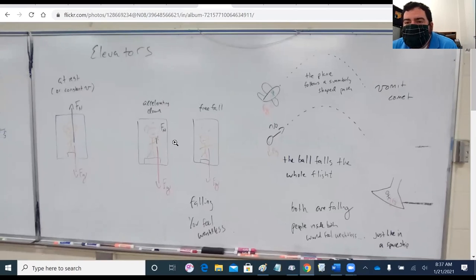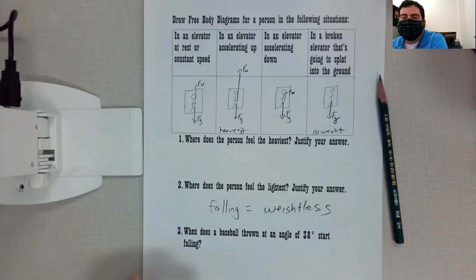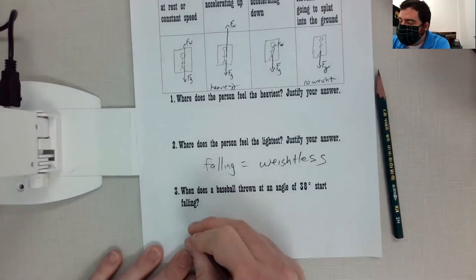So how do you feel weightless without going into orbit? It turns out it's easy to simulate. And we'll show some examples of people feeling weightless without going into space on certain aircraft. How does that work? It really depends on whether you understand the answer to this last question. If I throw a baseball,